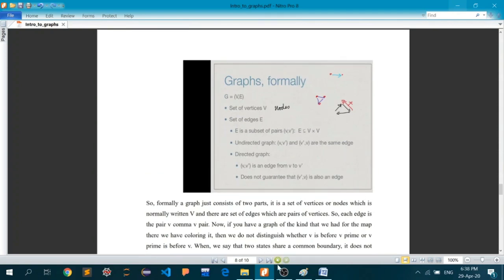I will end this lecture right here, and we will formally discuss the kinds of graphs and the types of traversals, the intro to the traversal types, in the next lecture.